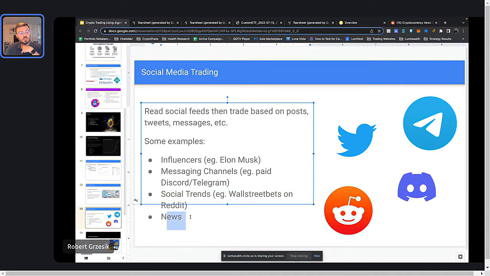Another thing you can do is search for news. You can have a bot that is constantly reading something like Benzinga or some sort of crypto news channel, and just looking for whether there is any news that came out recently that might move the markets. There might be a news story that's all over Twitter and everyone's talking about it. Maybe Solana servers are down or something like that. There's something going on, either positive or negative, and you can take advantage of that information. You can say, okay, this positive news story came out, the coin is starting to go up, and my technical analysis is showing me that it's going up.